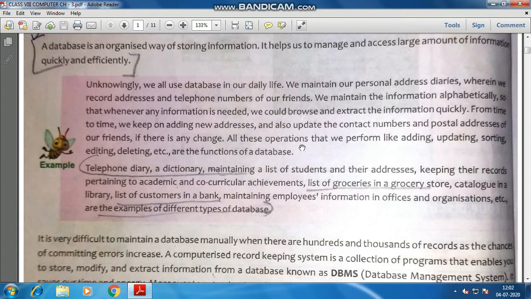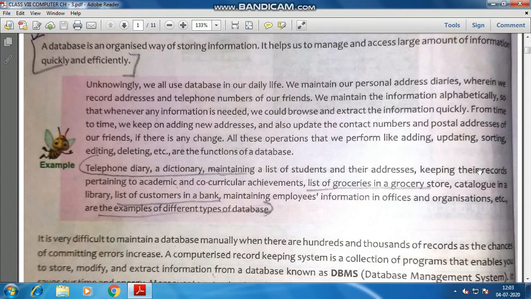Opposite to that, we have another method, the online method, where they save the students' records in systems, in computers, or they have made a server for that, in the form of rows and columns, a kind of table they are maintaining.